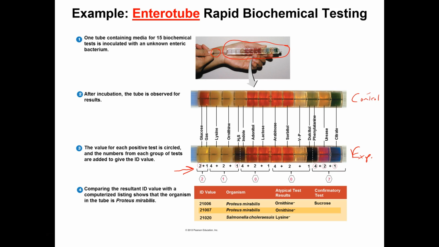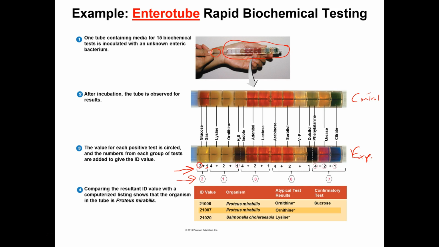So for instance, they circled the number 2 here. Okay, that means that glucose was fermented. But they did not circle number 1. Okay, that means it did not make gas. So you only count the 2. So you work your way down the line. You work within each bracket, and you generate this code number. So we got